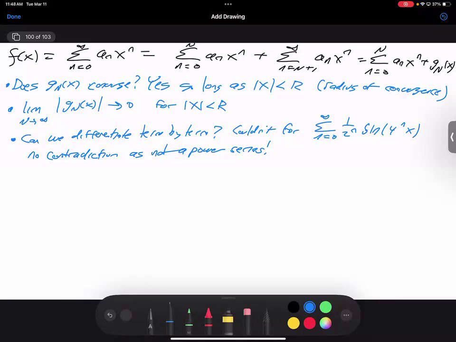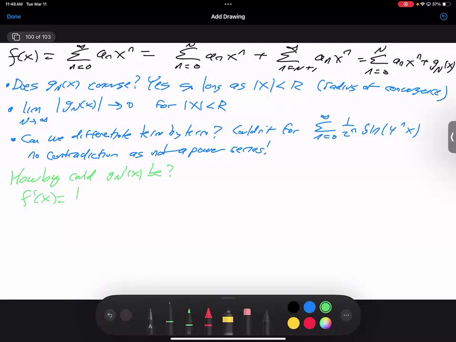Do we agree that G_n of x is going to be small? But it's possible that maybe G_n prime is going to be large. So the question is, can we bound G_n prime? So how big could G_n prime of x be? And remember,